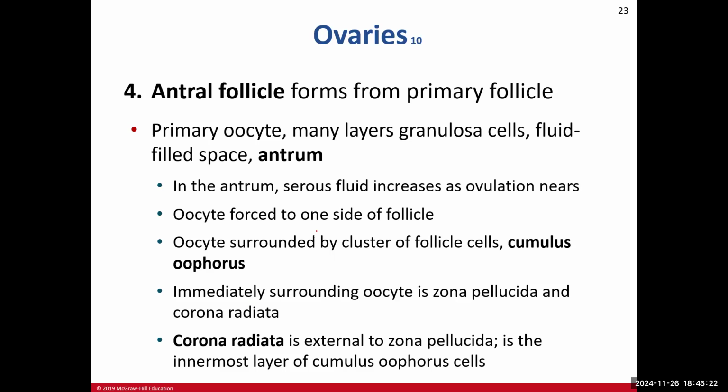All right, so again, we increase that serous fluid as we get closer to ovulation on day 14 for most folks. And so that's going to eventually push that oocyte to the edge. Not too much is still happening here with the oocyte. We're still stuck in prophase. I'll let you know when we get into the next slide, it's going to then move on to a different stage of meiosis. But now what we're going to see is, well, let me just show you the